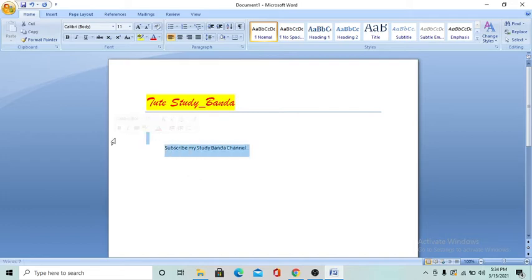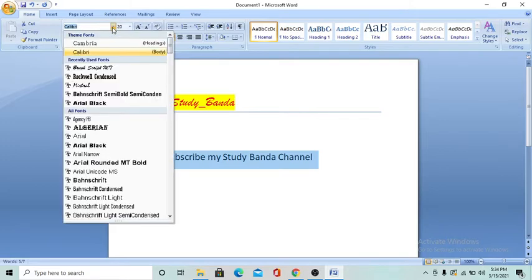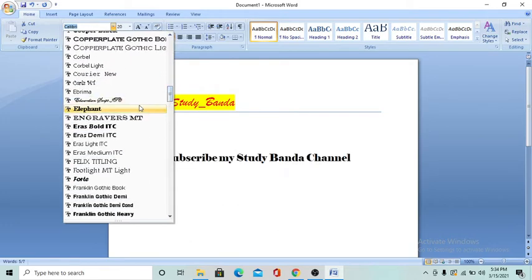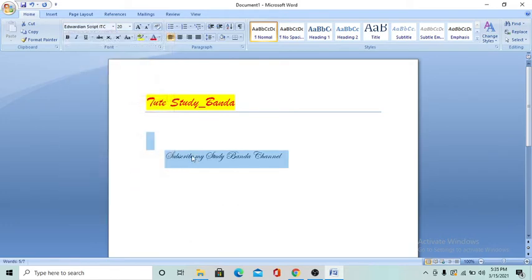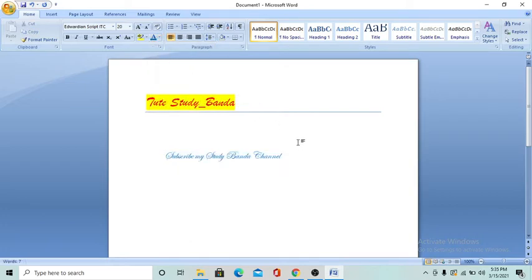First of all I will select the text, and when I change the font size, you will remember to select that font. After we change the font, I will select these types of fonts. I will select this type of font, and you will remember the text color. I will select the fonts, and I will change the font colors. This is awesome, my text fonts.